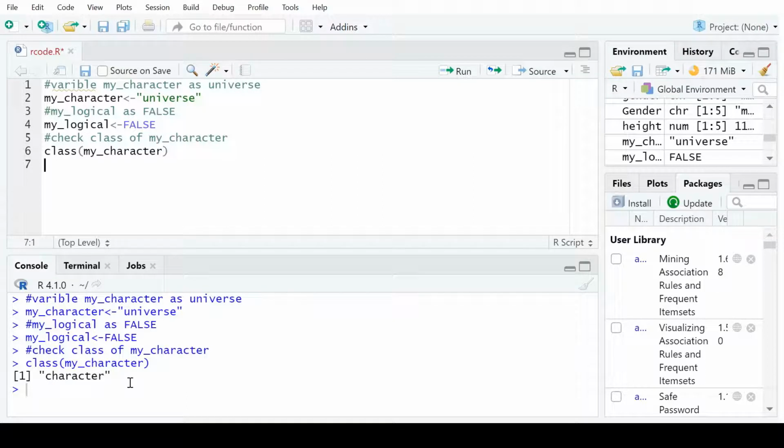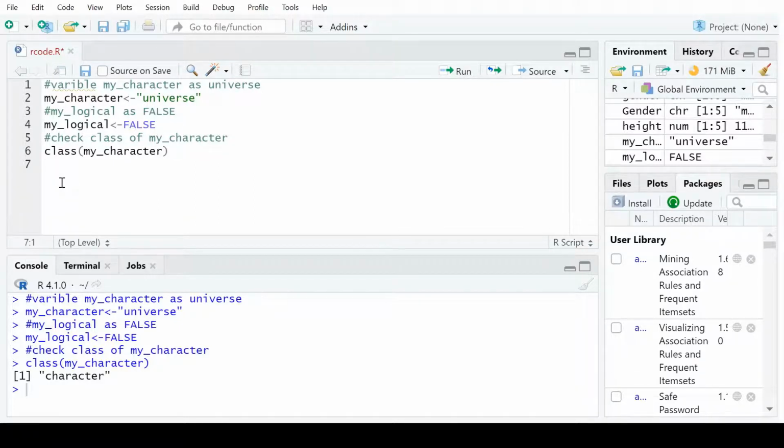We will get character. If the variable name were xyz, it would still let us know its class. Now we can test with the numeric also. We created my numeric as 45. If we put class of my numeric, it will let you know the data type of that variable.